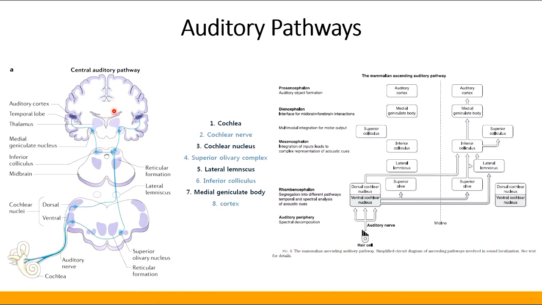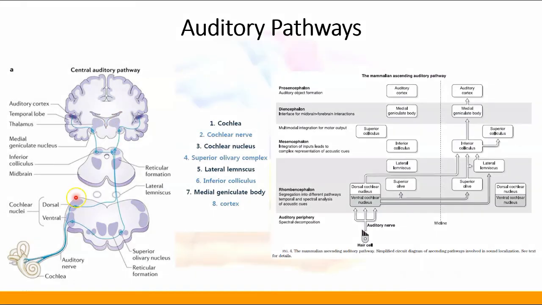The neural impulse from the peripheral auditory system arrives at the central auditory nuclei through the auditory nerve. These nuclei include the cochlear nuclei, superior olivary nuclei, lateral lemniscus, inferior colliculus, and medial geniculate nucleus. The ascending pathway begins at the cochlea in the ear, and continues to the auditory nerve,